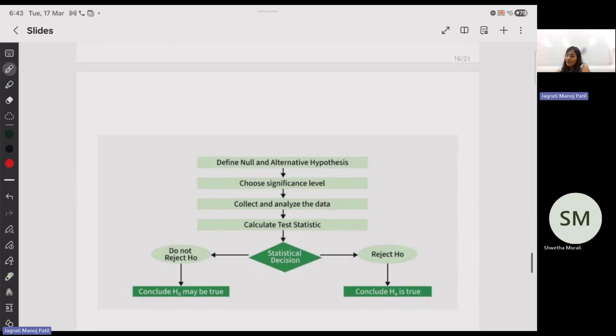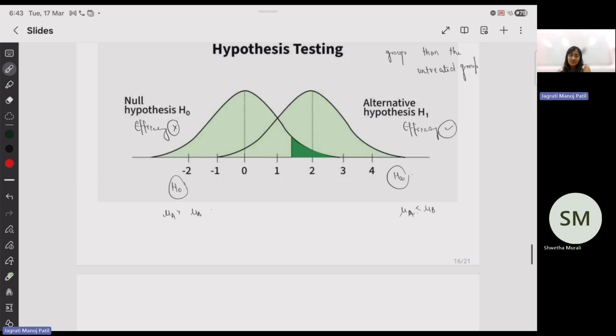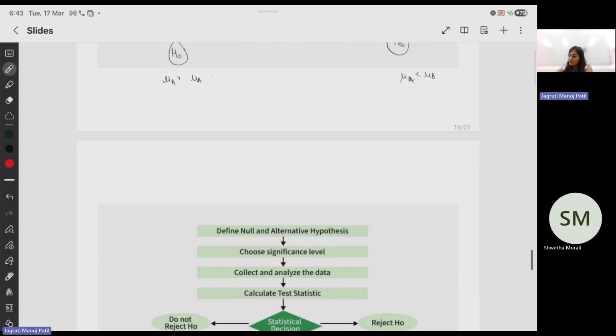But when I do that, this is just the differences between means that I'm looking at. After differences in means, I'll have to choose a significance level. To what extent, which threshold should I take below which I'll say that this limit works, this limit does not work. So I'll choose a significance level.